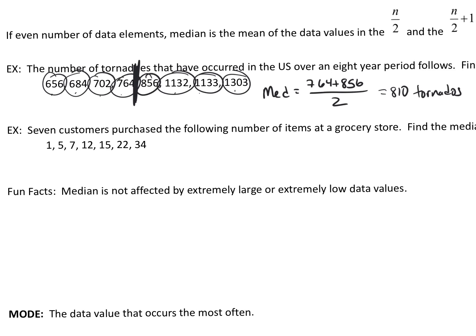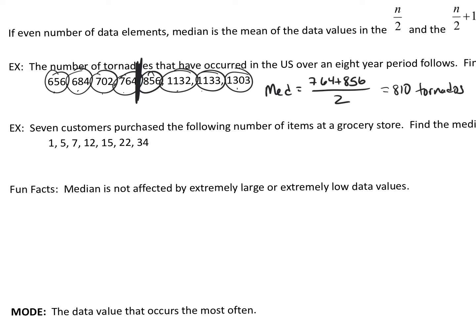All right, so here's another set of data. Now this one is the number of items that they purchase at a grocery store. So we have 7 customers. Now if I start counting in, they're in order again, I should mention. When I start counting in equally from the end, I actually have a number in the middle. So the median in this case is just going to be that number. It's just 12 items. Because I had an odd number, that number in the middle is just going to be